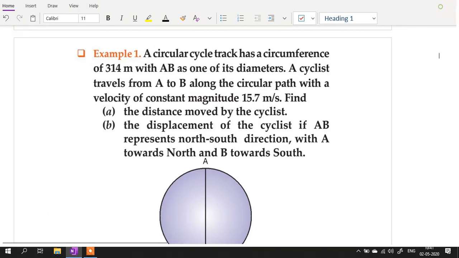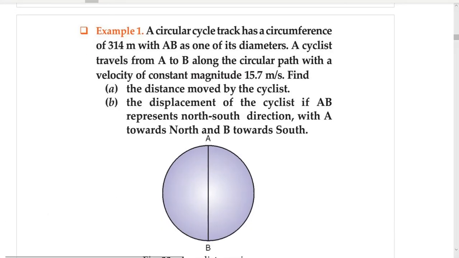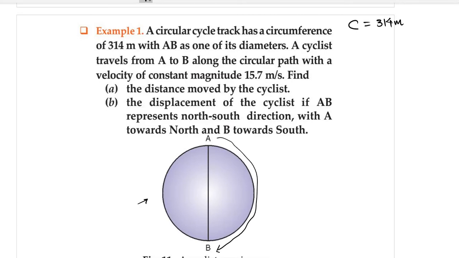Right? Great. A circular cycle track has circumference of 314 meter. Okay, so the figure which you see over here is a figure of a circular cycle track, which has a circumference of 314 meter, with AB as one of the diameters. A cyclist travels from A to B along the circular path. So the cyclist goes from A to B along the circular path, with a velocity of constant magnitude 15.7